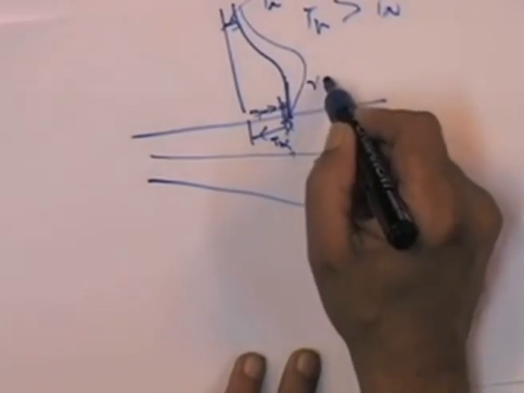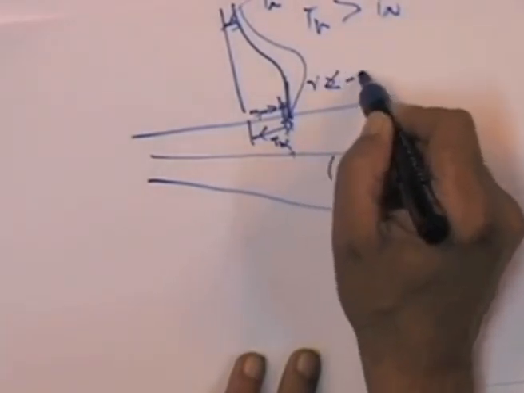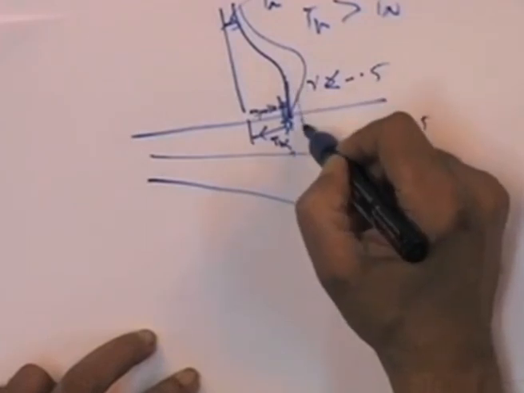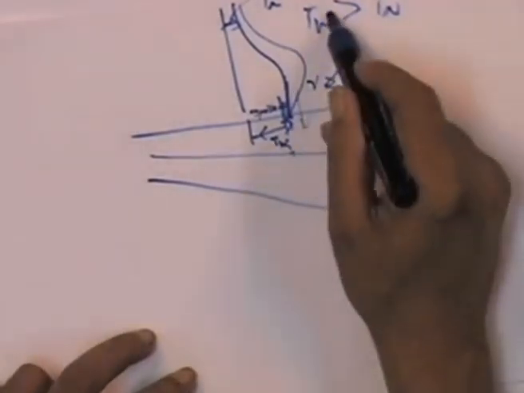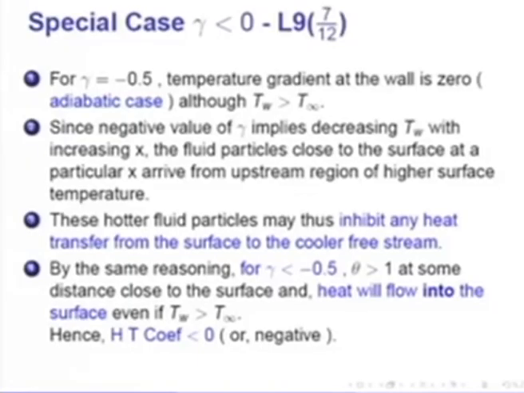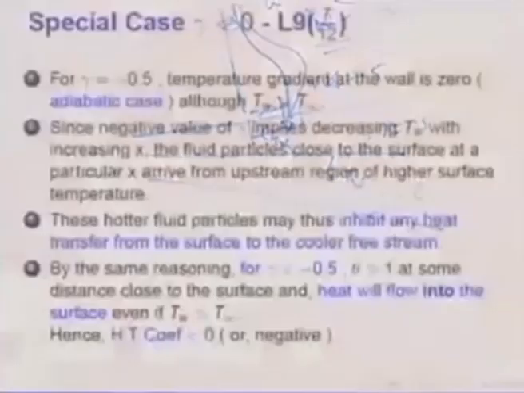This is gamma less than minus 0.5. This is, let us say, minus 0.6, as I have shown. So, you could get a situation where the heat transfer will be going in, although T w is greater than T infinity. The situation arises because the fluid particles coming from the upstream region would be hotter than the value of the wall temperature itself. So, these hotter fluids may thus inhibit heat transfer from the surface to the cooler free